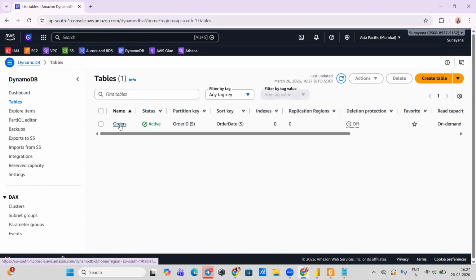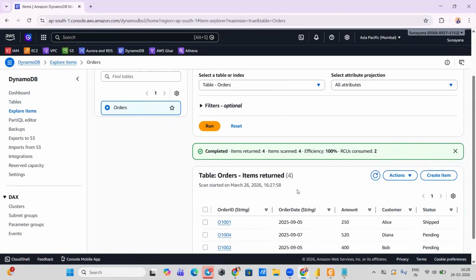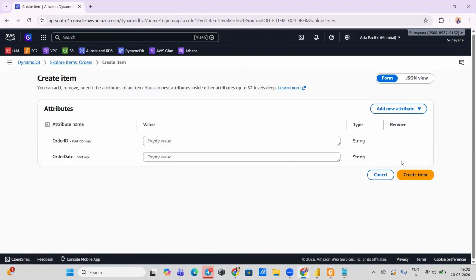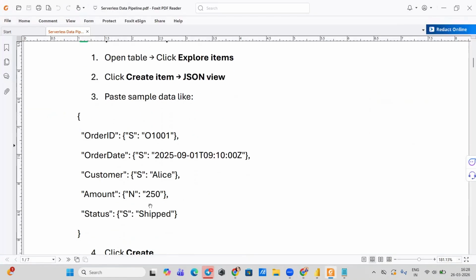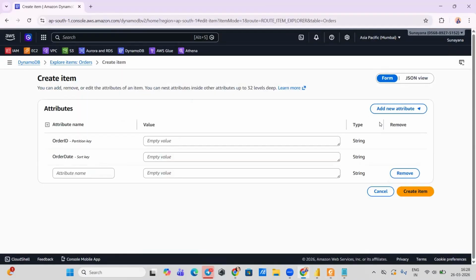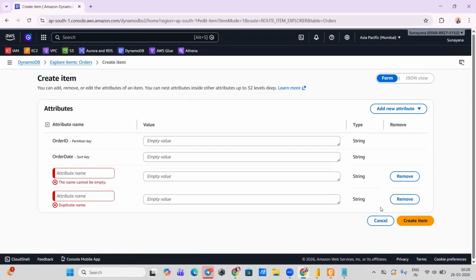now my table is created. So you can go over here, explore items. Now you're going to insert data. Here I've already inserted data. You're going to click on create item, and then you're going to go on adding the attributes. For example, order ID, and then you're going to enter the order date, you're going to enter the customer, and you're going to keep all the attributes as string. Just likewise go on adding string, string, and then go on typing whatever attributes are there. Okay, so once this is created,